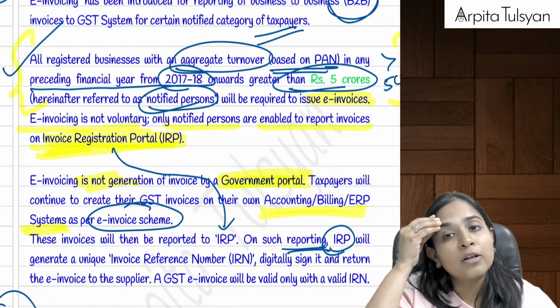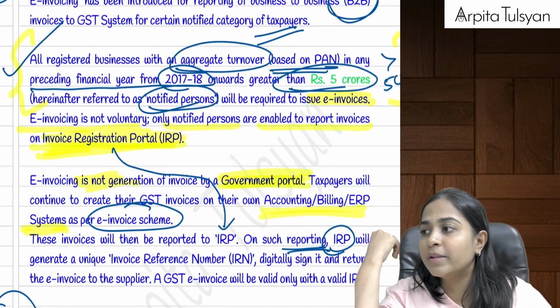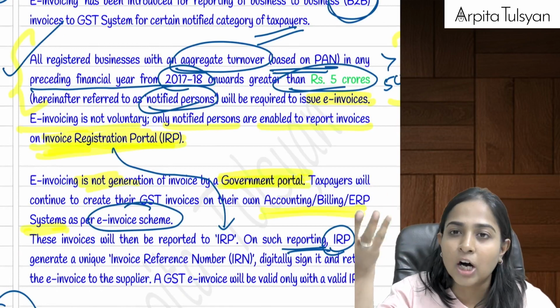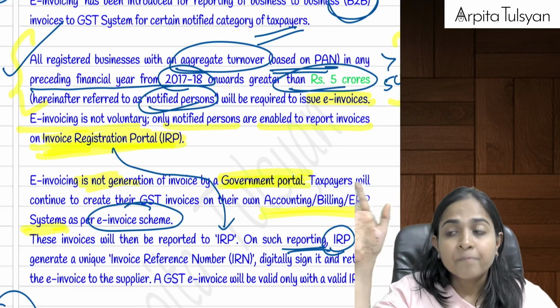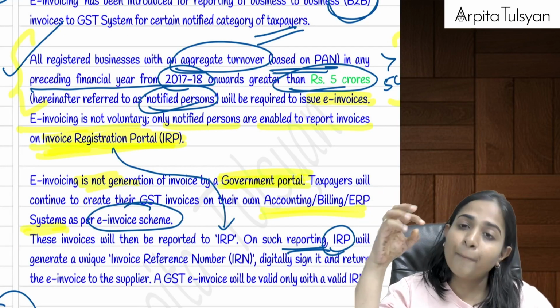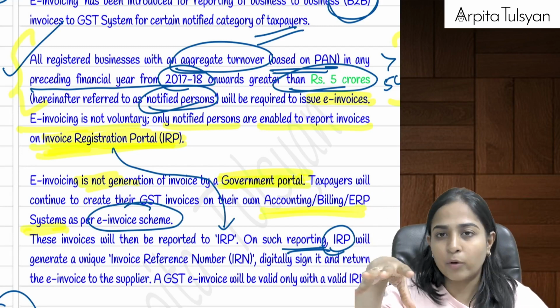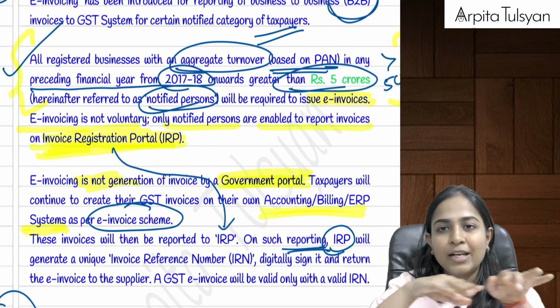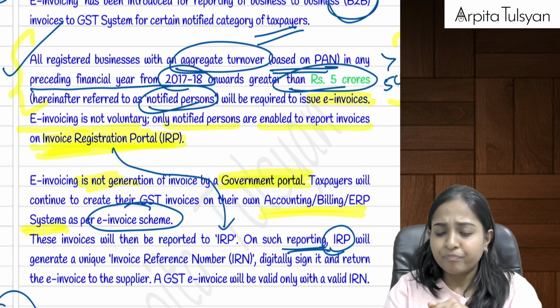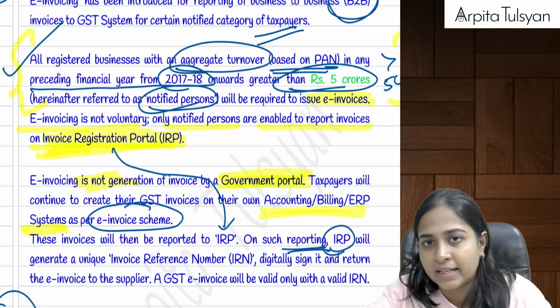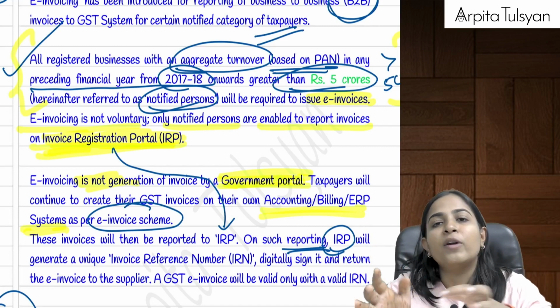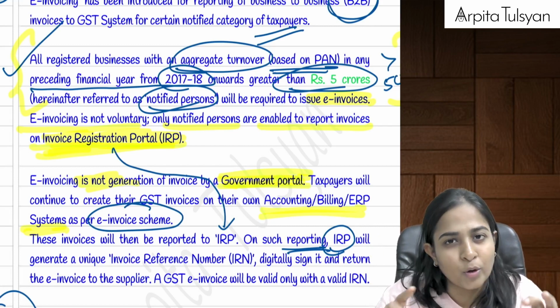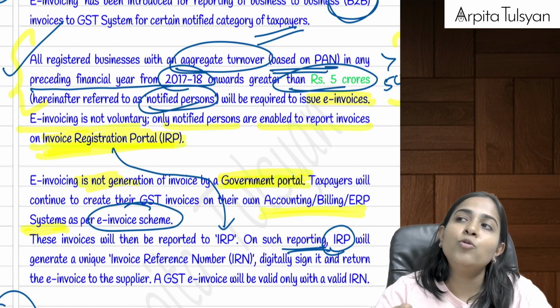Now there is a normal phenomenon that we assume that e-invoices are prepared on the government portal. That is not correct. E-invoicing is prepared in your own accounting software. Whatever software you are using, in that you are going to prepare the e-invoice, or in that you are going to normally prepare the invoice. Then that is exported in the JSON format. Then you go to the